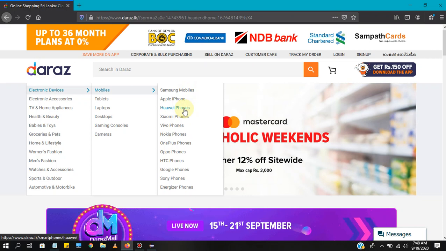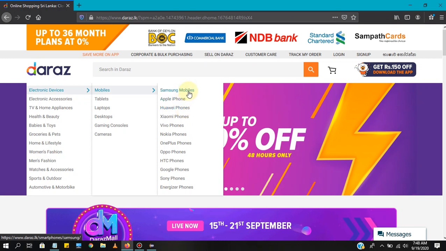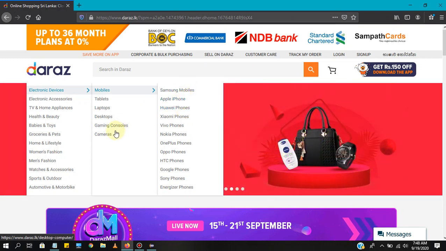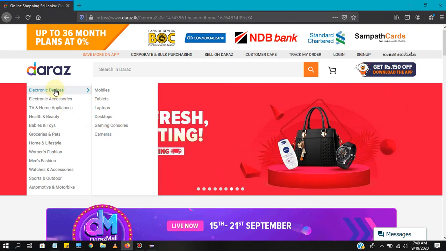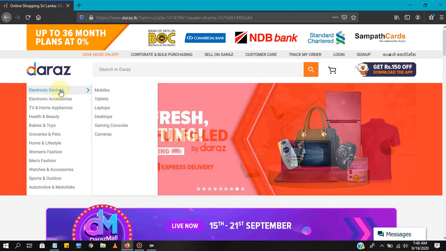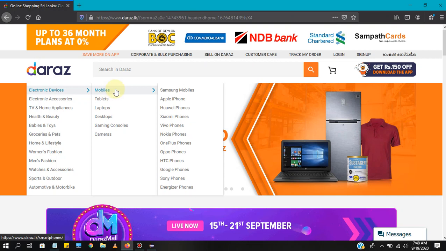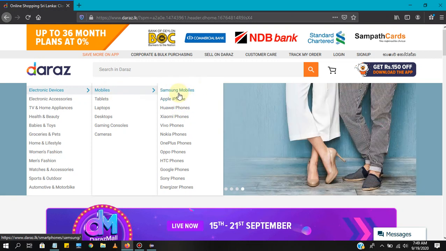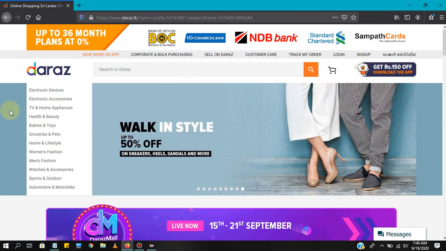So during our web UI automation, if you want to click on the Samsung mobiles, Apple iPhone, before that we need to move over to these menus, electronic devices. So then after that you need to move on to mobiles, then only these options will be displayed and you can click on these options, right? So this is what mouse movement is. So let's see how to handle this mouse movement using Selenium, right?